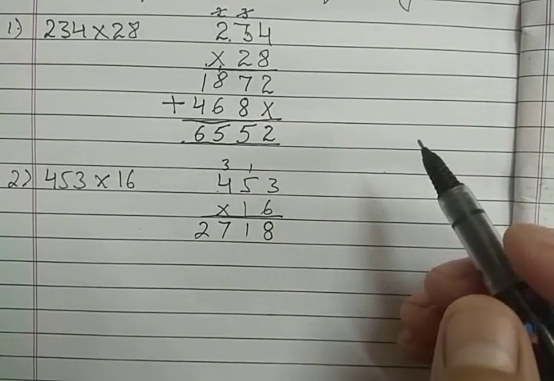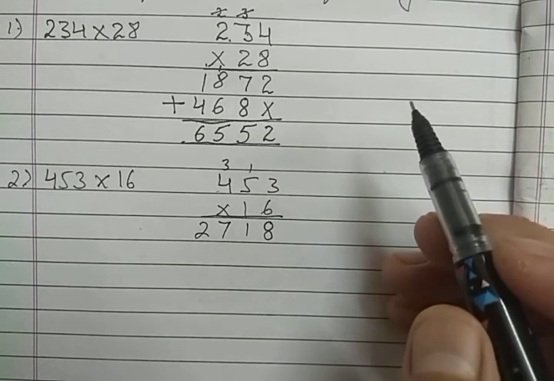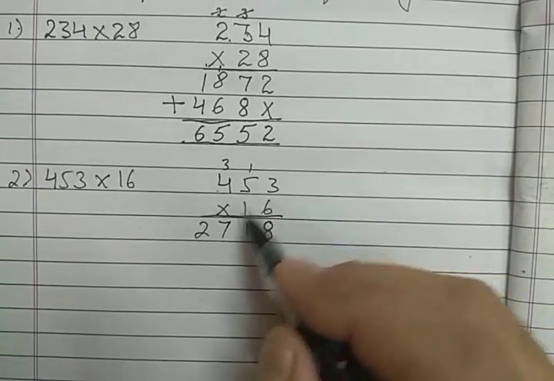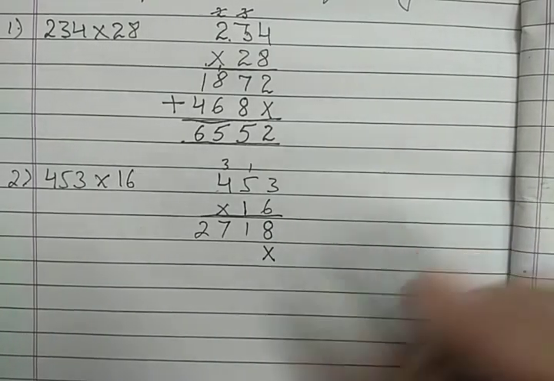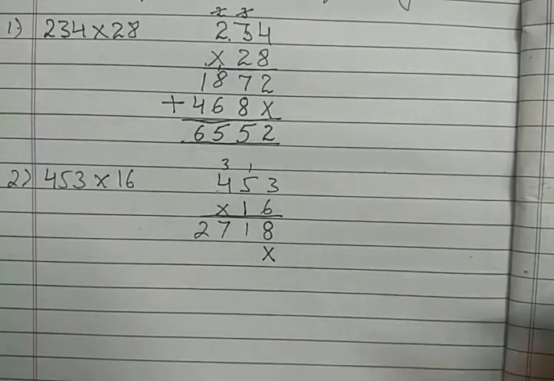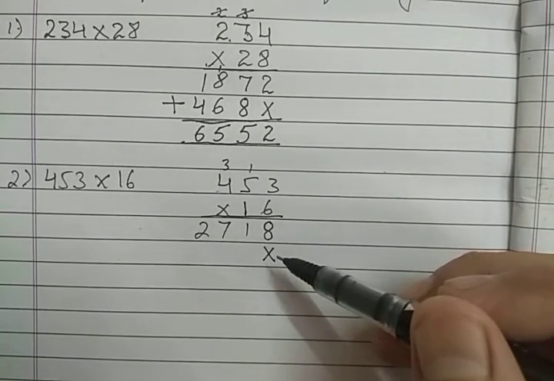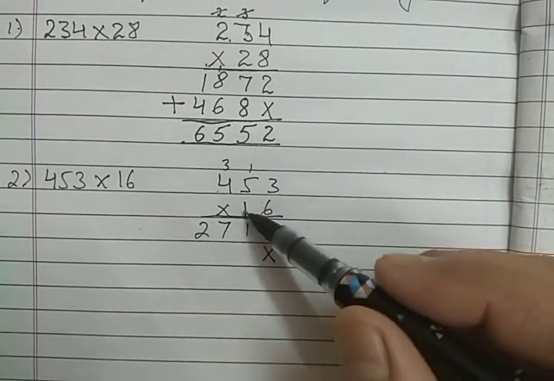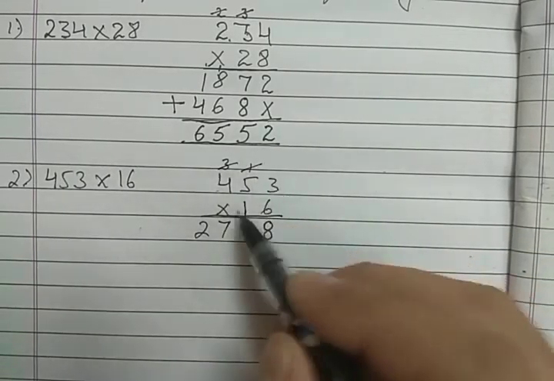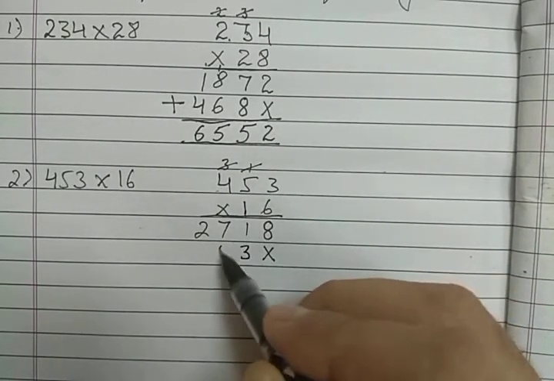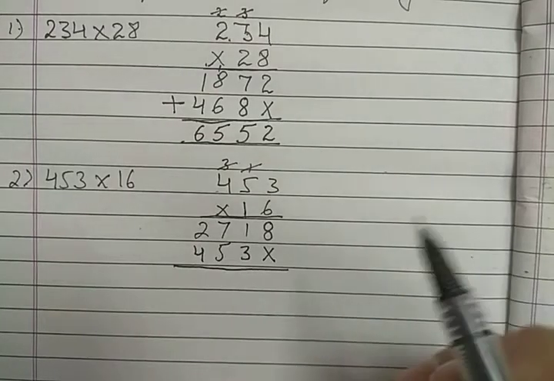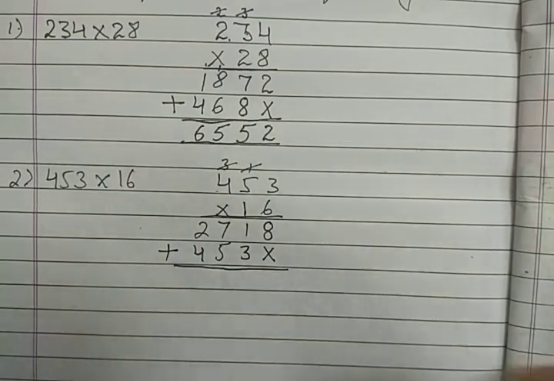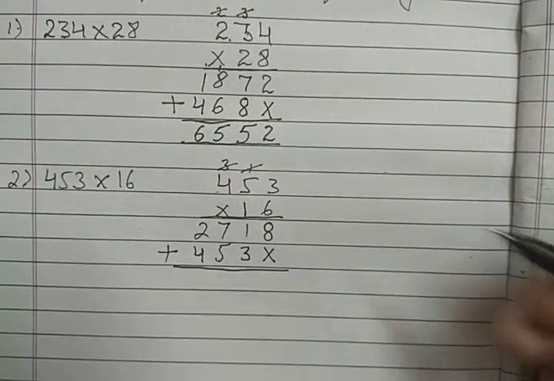Now what is our next step? A very important thing that we have to keep in mind when multiplying with the tens place is putting a cross at ones place. You can also write 0, that I have told you, 0 or cross. Next, 1, then multiply it. 1 3 is a 3, 1 5 is a 5, and 1 4 is a 4. Now what is our third step? Yes, our third step is to add these two products.